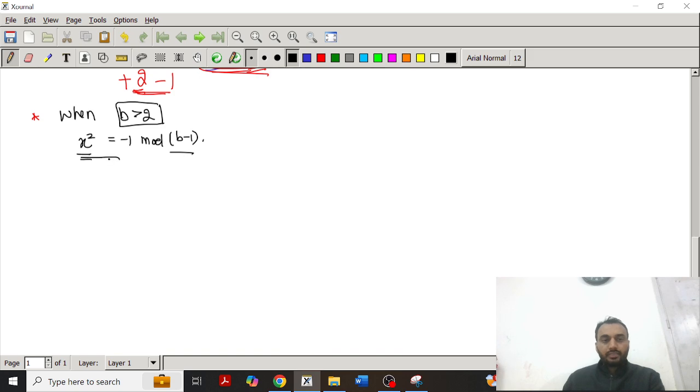And basically we get this condition from there only, that this must be true, that x square is congruent to minus 1 mod b minus 1. Now if we try to look at what we have here, x square plus 1 is equal to a_m b power m up to